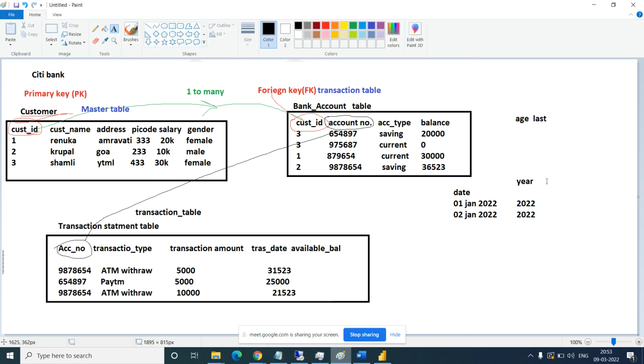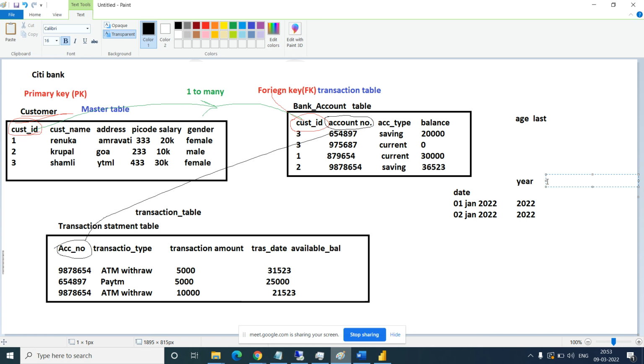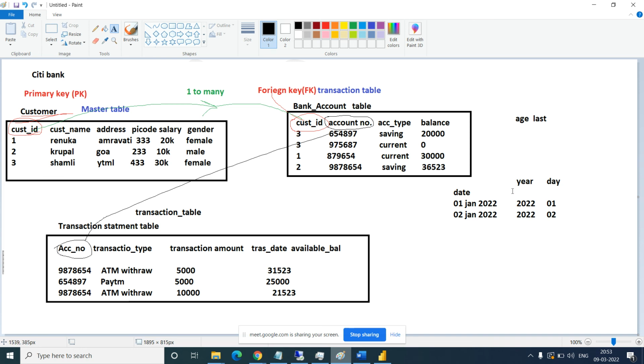Again I want to find out the day. Okay, so it is the first day from the date. Then second. So what we did, we extracted the day from the date, we extracted the year from the date, means it is a subset of this dimension. Date is a dimension field and this year you extracted from this field. It means it is a subset, that is a shrunken dimension. Understood?